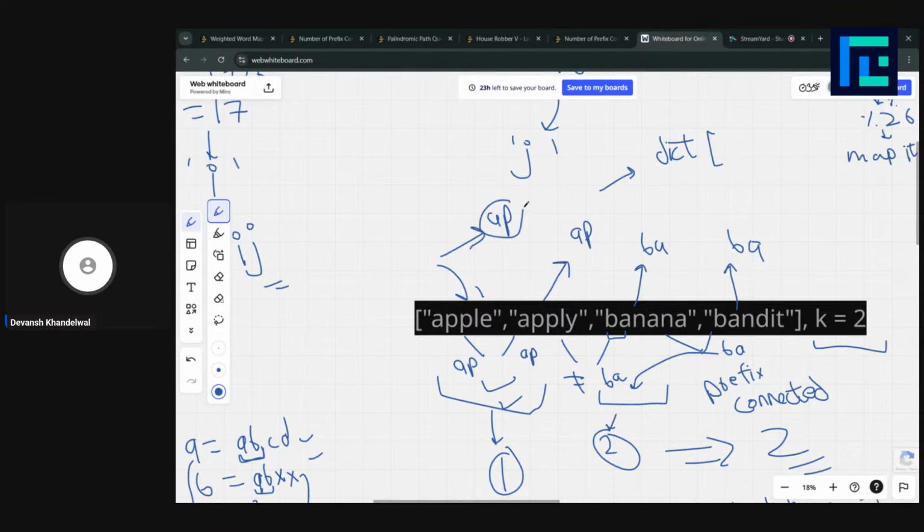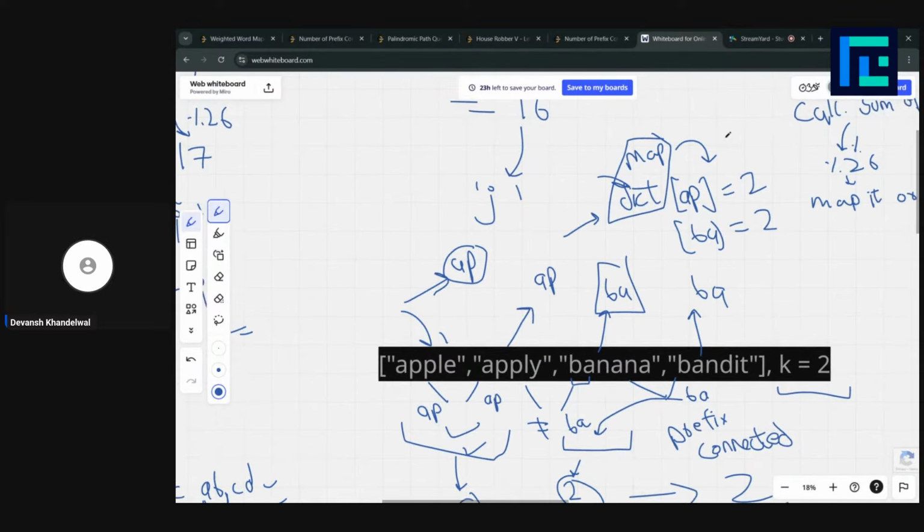The number of strings with this prefix is equal to 2, and with this prefix is also equal to 2. So in this map, we use this data structure to calculate the number of strings that had each prefix.